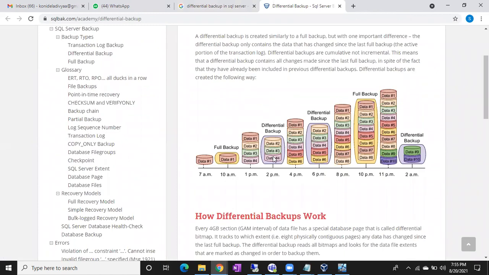So what is a differential backup? Why is it useful? We'll discuss this differential backup with this diagram. Imagine I have a big database, around 2 TB. We cannot perform full backups regularly on such a database. Why? Because backups are performance killers. If you run full backups regularly on a production database, performance issues will usually come, because it may take a lot of time and use a lot of resources. So usually we don't run backups on weekdays, especially full backups.